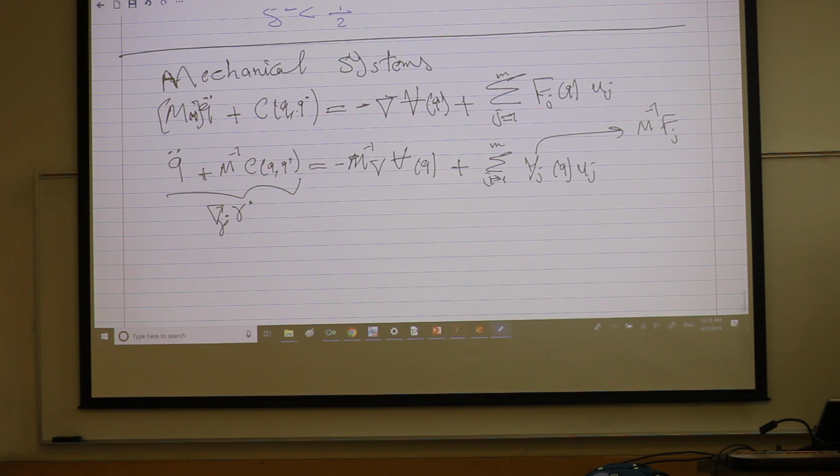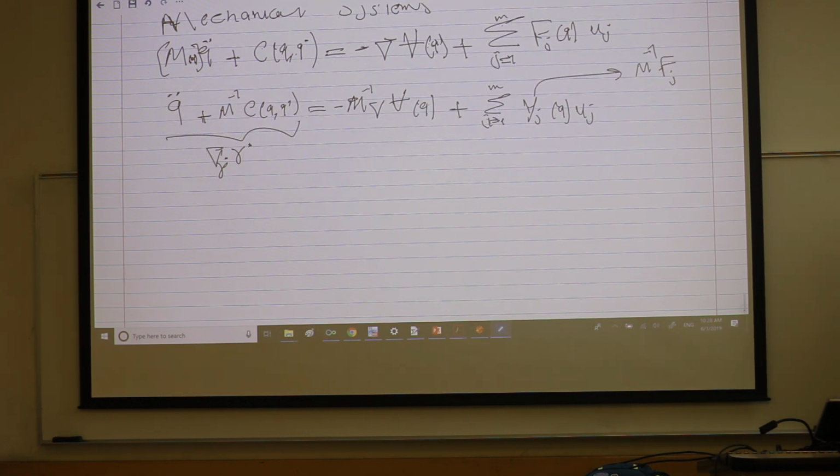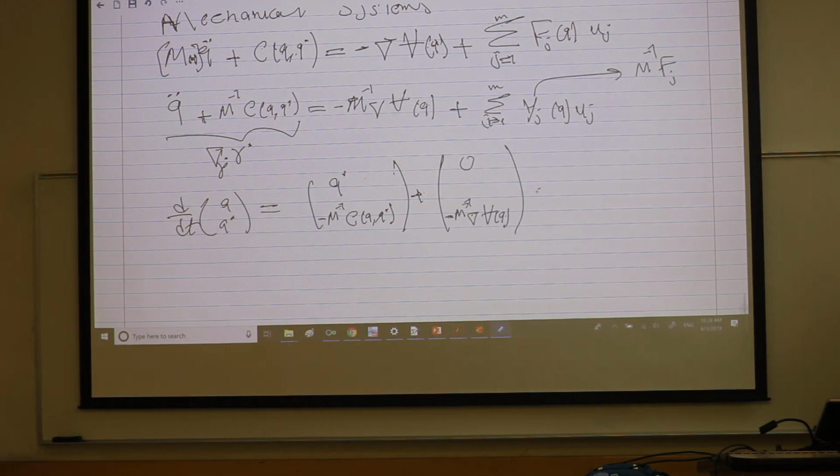Okay. And we do it in first order, so d by dt of Q and Q dot is equal to, here is Q dot, and here is negative M inverse C, again it's Q and Q dot, and it's quadratic in velocity. It's anything in Q but quadratic in velocity. Here we have 0, negative M inverse angular V, a function of Q only, plus the summation of 0 and Yj, again a function of Q only,